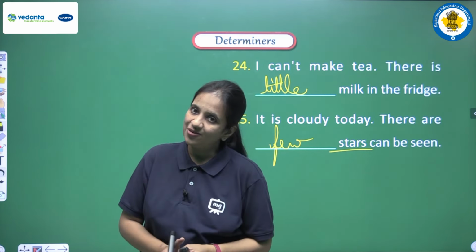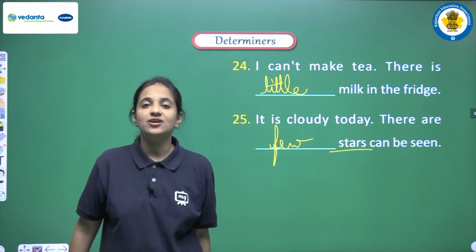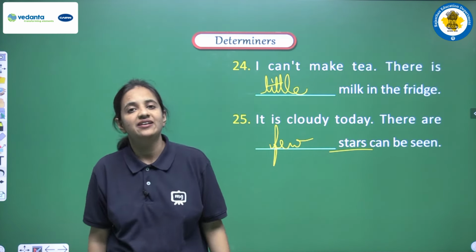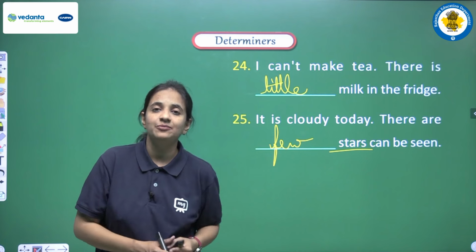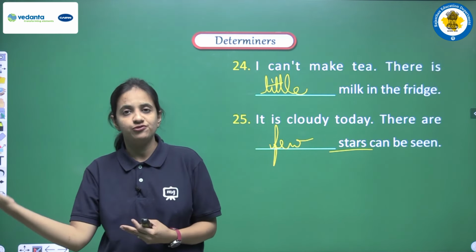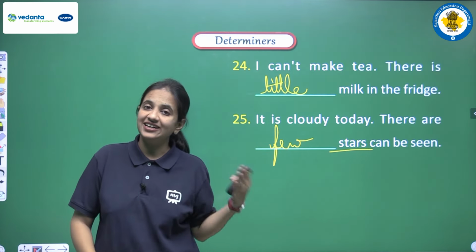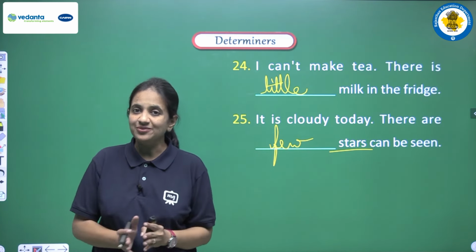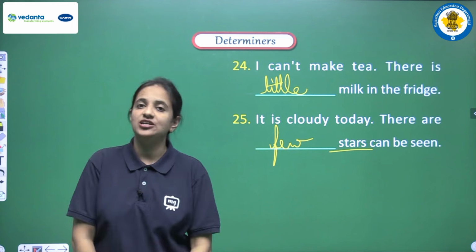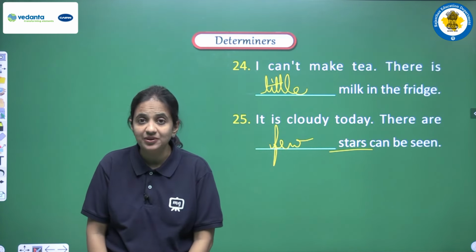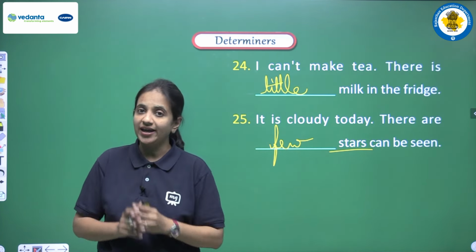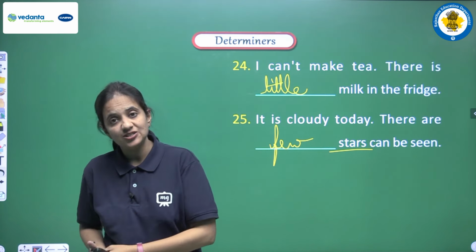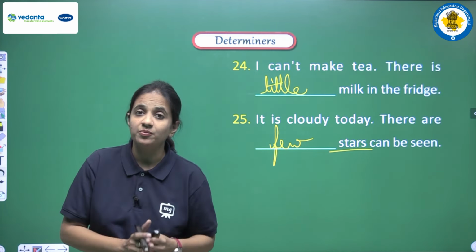Okay, so we have completed the practice exercise. We have seen so many sentences, and now I am sure that these determiners few, a few, the few, fewer, fewest, and little, a little, the little, less, and the least, all these determiners are very much clear to you all, and we have discussed the uses. We have seen so many examples. Okay, so students, work very hard, learn all the uses of these determiners in a very proper manner.